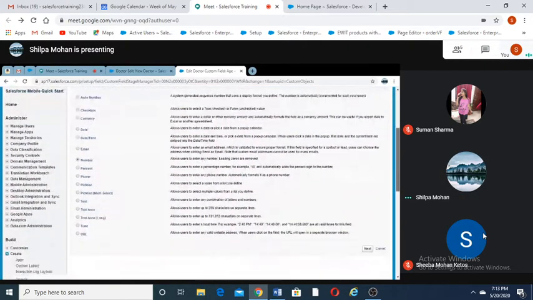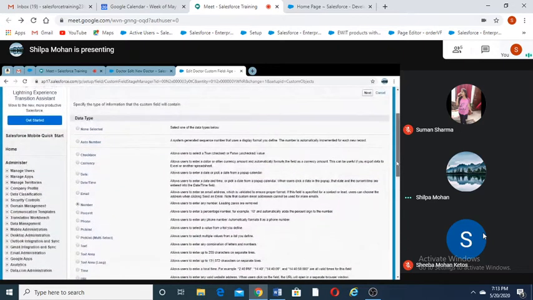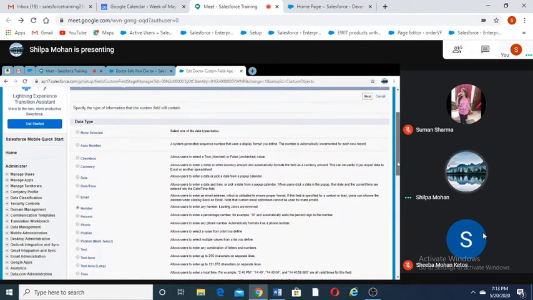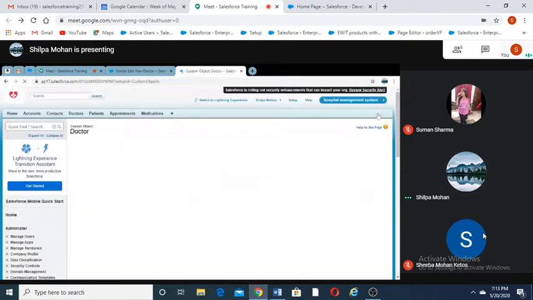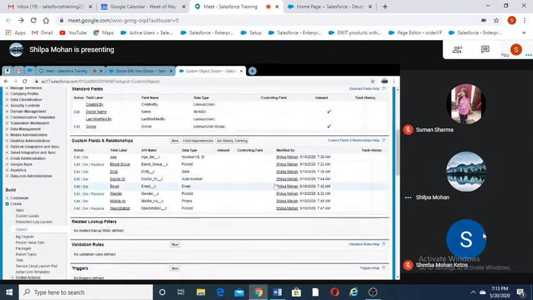Okay, that means they are not allowing us to change the data type to formula. Right, only if we create a new field is the formula data type option available. So what we will have to do is delete this age, and then create a new age field, a formula field. Delete this one first.